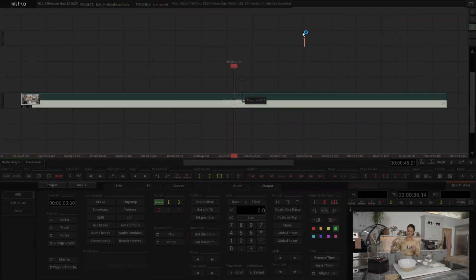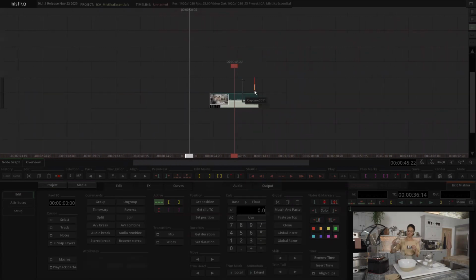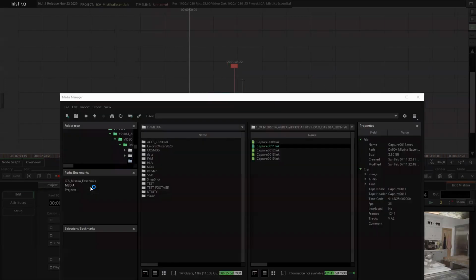Okay, so what we will see now is what is inside the time space. This is a clip that has video and audio. Why do I know that? It's because the dark strip of this clip is the video, and the light green strip here is the audio over here. What I'm going to do now is show you